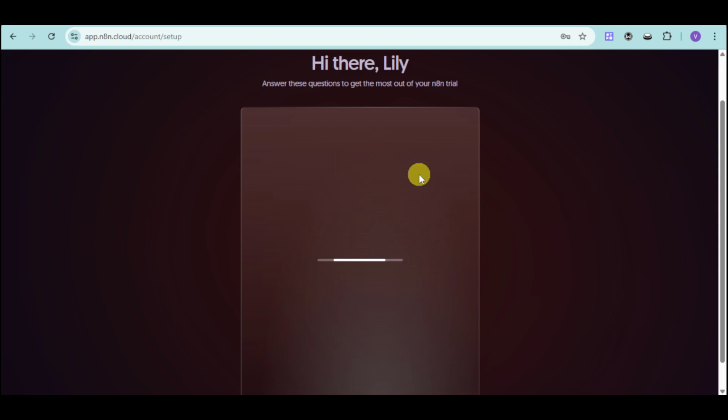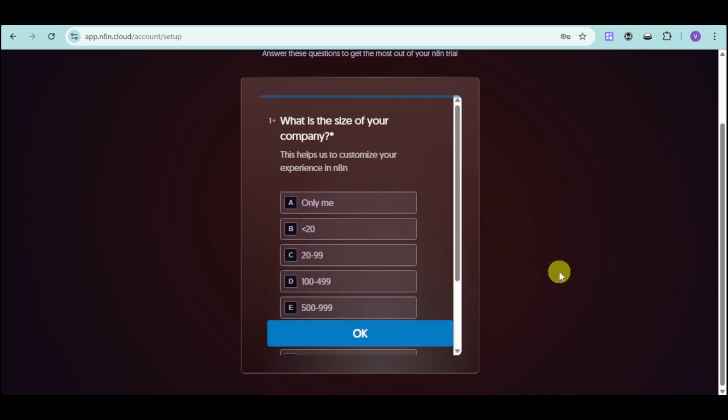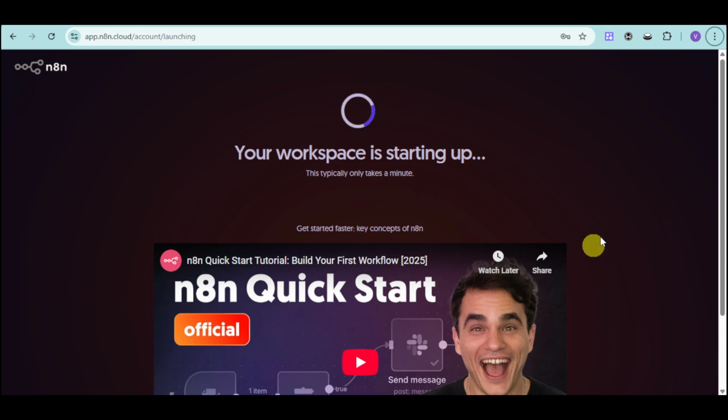So in here, you just need to answer these questions to get the most out of your N8N trial. You can also skip this part if you would want to. Once you have successfully inputted your details, your workspace will now start up and you should be able to use